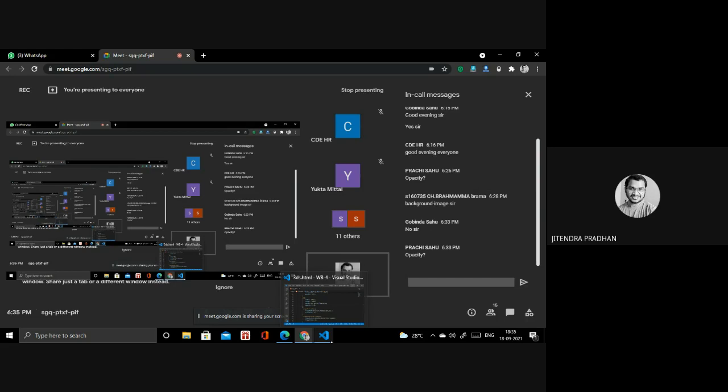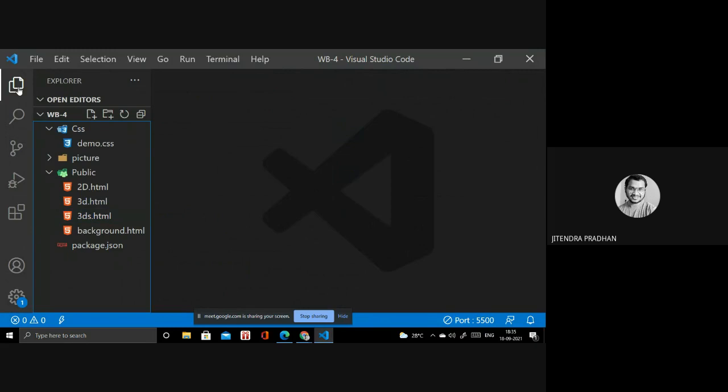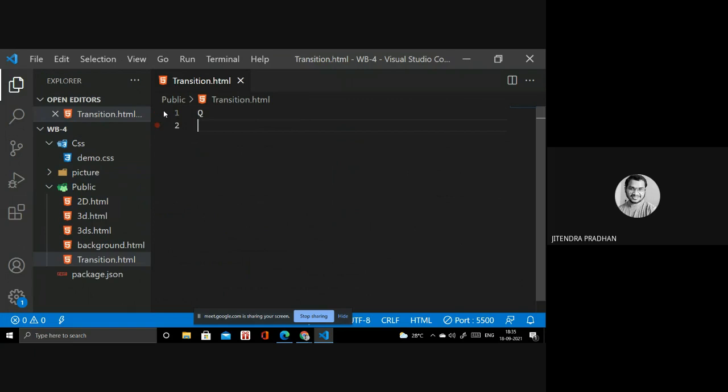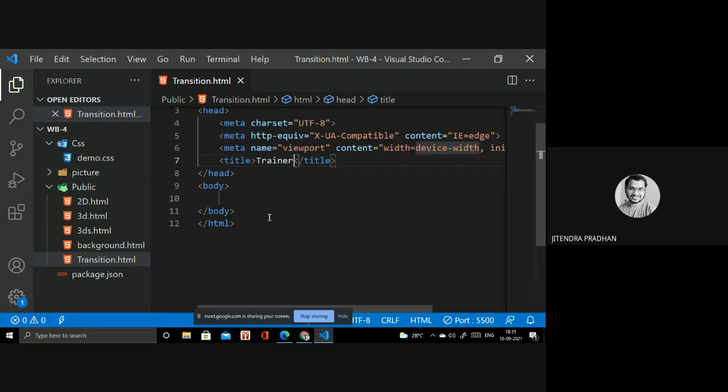So I will give you a brief idea about how it works, what properties we are using inside it, and I will give you an example as well, so you get an idea of how it works. Next, I will write something in another file. Wait, transition. What are the transition properties we have there? I will write these things in a comment. Next I will show you the example.